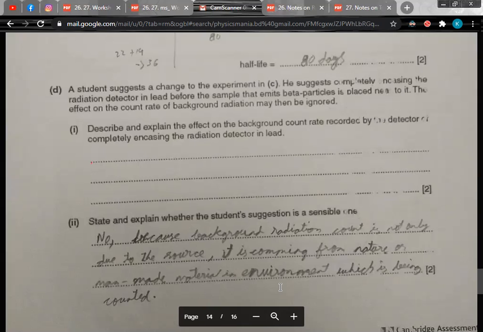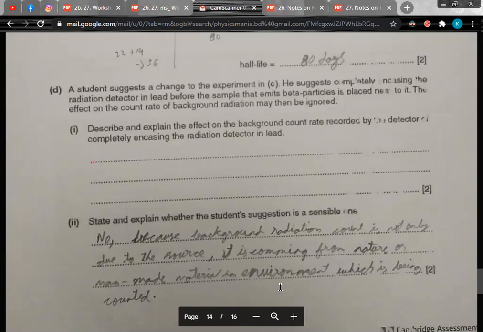Describe and explain the effect on the background count rate recorded by the detector. Now, from background radiation, they did not mention what type of radiation you are getting. From background, you might get alpha, beta, gamma, isn't it? So if it is encased,